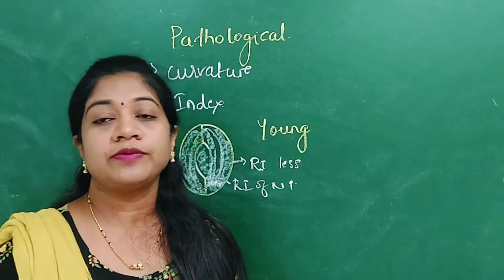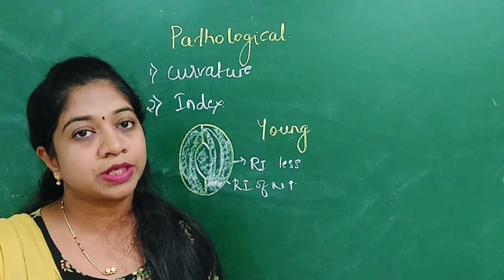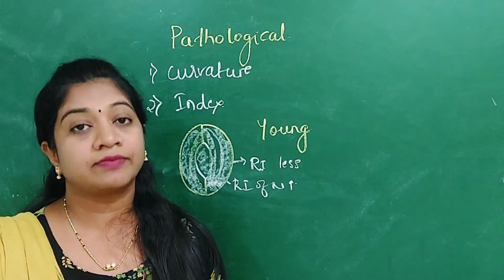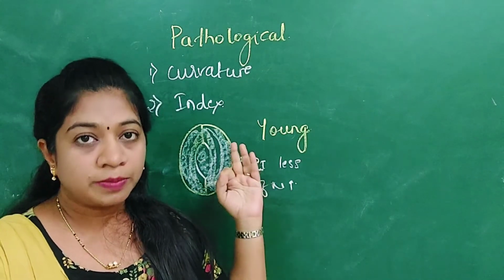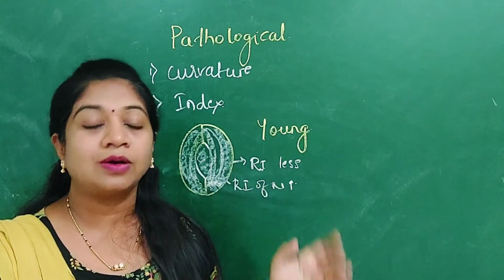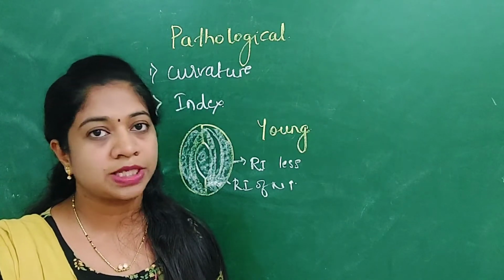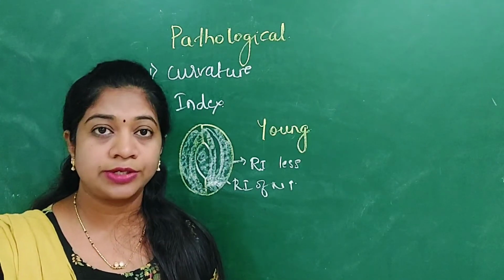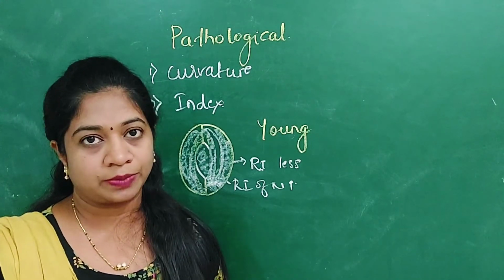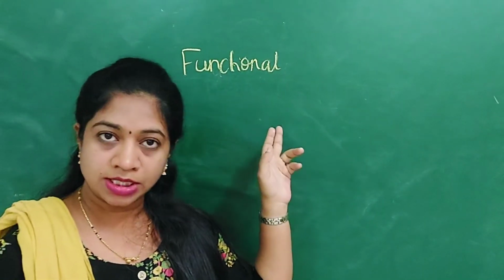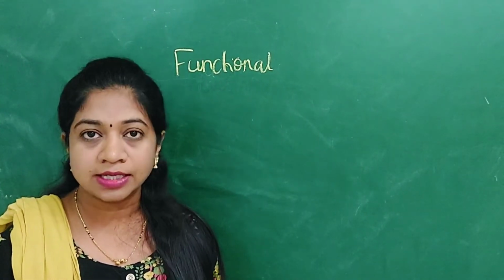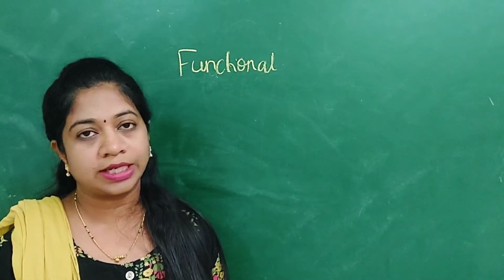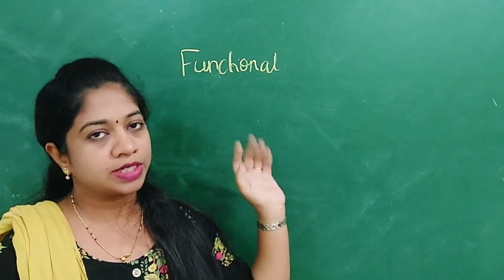So in pathological hypermetropia, we saw the congenital causes, that is microcornea or cornea plana. Even the acquired curvature cause like flattening of the lens fibers can be a cause, or because of the change in the refractive index of the lens, or positional hypermetropia because of posterior displacement of the lens, or it can be secondary to aphakia, which can be surgically induced or congenital, and consecutive hypermetropia. And the third type of hypermetropia is functional hypermetropia, which occurs secondary to paralysis of accommodation. Paralysis of accommodation occurs whenever there is third nerve palsy or total internal ophthalmoplegia. So those two are the causes for functional hypermetropia.